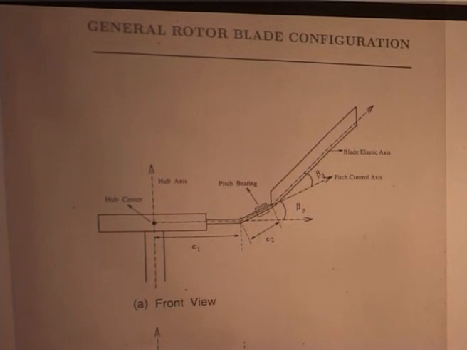In that problem, pre-droop gives some damping, but it will increase the vibratory load, okay, in lead lag. But pre-cone will not give the damping, but it will reduce the load. So, you have to see the trade off, what you want, whether you want higher vibratory load, not mean load,